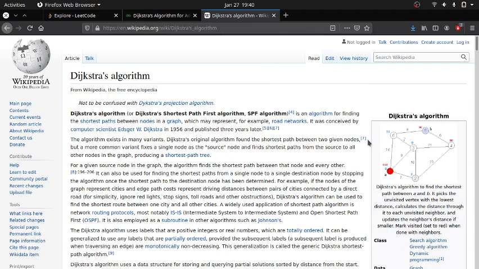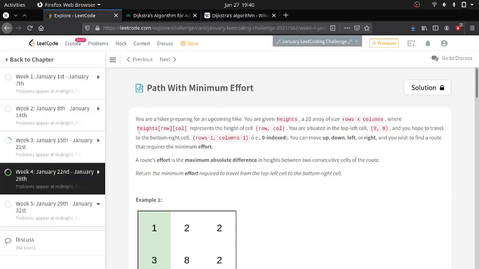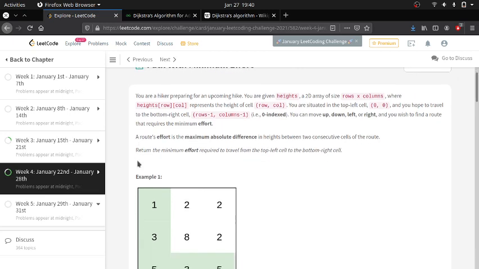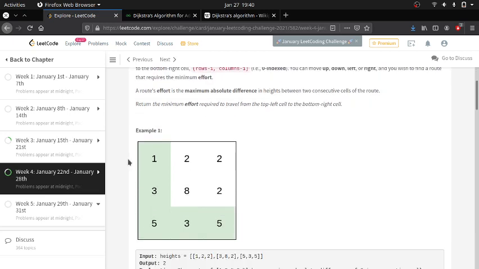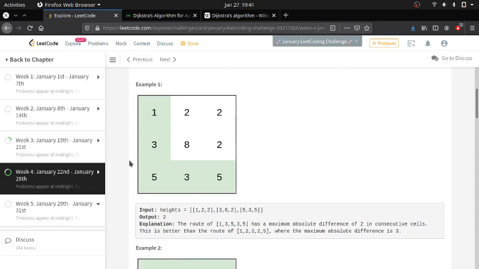Okay, but here there is a problem. Usually the graphs will be represented in the form of dictionaries or hash maps, things like that, but here we are given an adjacency matrix. There are also ways to implement Dijkstra's algorithm using an adjacency matrix.